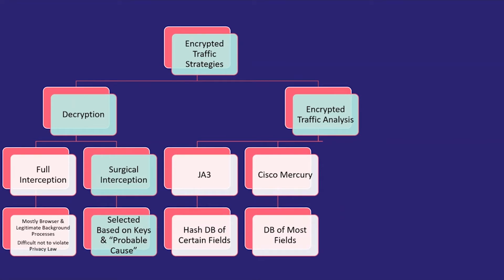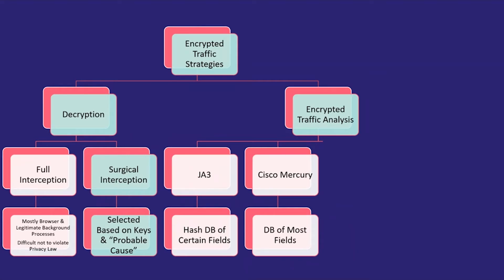The difference between the two is that JA3 ultimately is creating hashes, a database full of hashes, and those hashes are created from certain fields as TLS is set up, right? The TLS session, TLS handshake. And then those hashes in the database are matched to software. So the database might say Chrome, and these versions of Chrome have this JA3 fingerprint, which is really just a collection of hashes of certain fields in the TLS handshake, and that's how it can take a TLS session and come back and say, hey, I think this is Chrome.